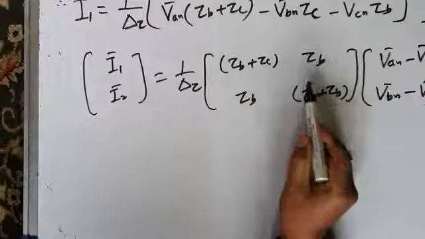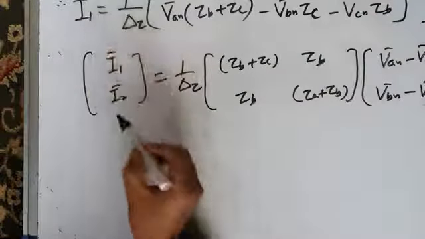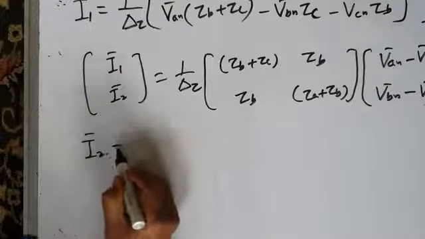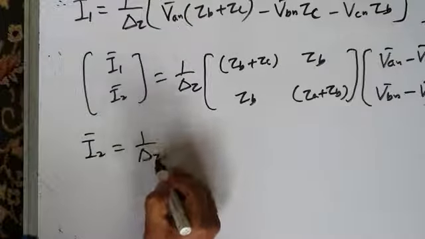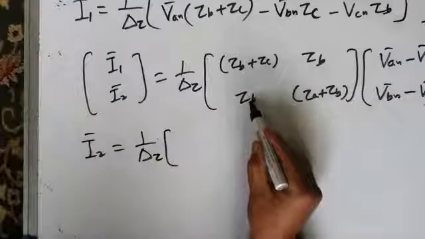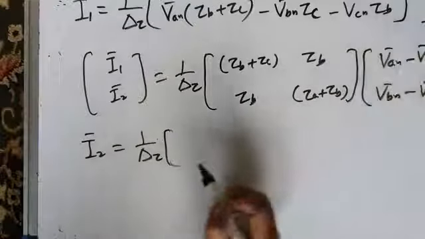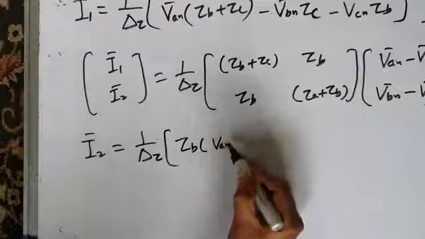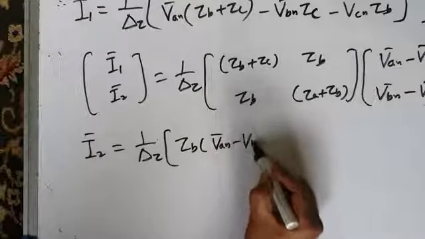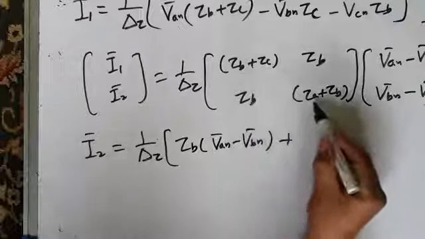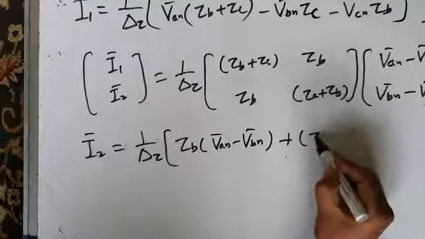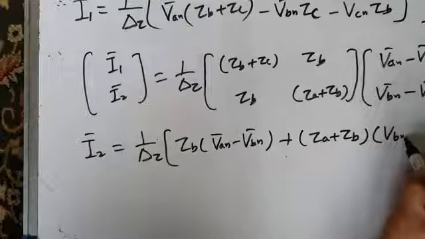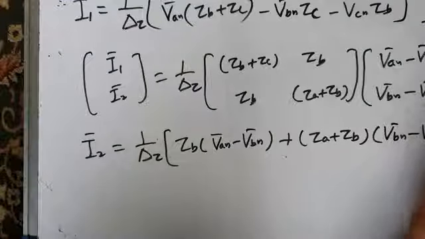I use this matrix to find out I1, mesh current. Similarly, I can from this matrix find I2. What is I2? I2 is 1 by delta Z into this, that is ZB into VAN minus VBN plus this into this, that is ZA plus ZB into VBN minus VCN,